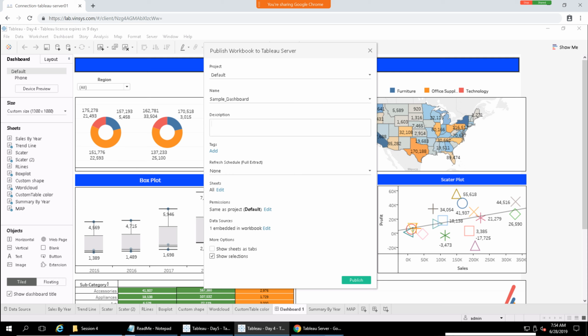Right, and then dashboard one sheet. You mean this tab, right? No, this name will be used once it is published on server. You can put some description here, and then if you see this refresh schedule, full extract,